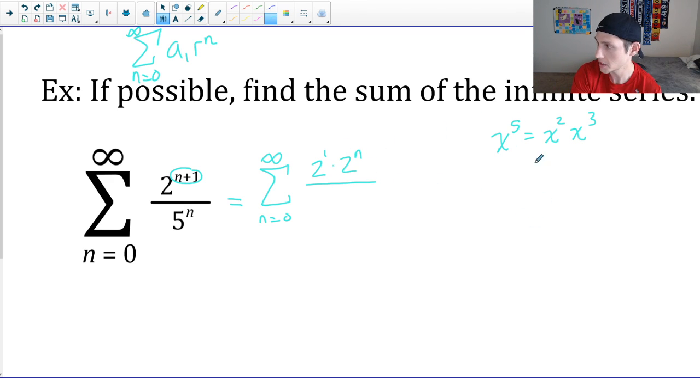So this is something I could do. And in the denominator, I still have 5 to the n. Now I especially am noticing that in the numerator, I have something with an exponent of n, and in the denominator, I have something that's also an exponent of n. Now that's different, right? I have a 2 and a 5, but